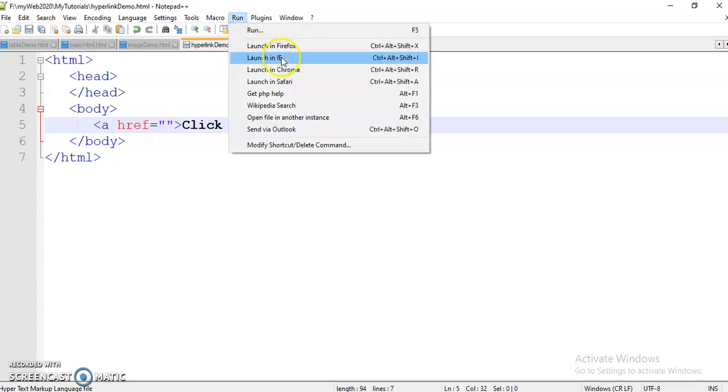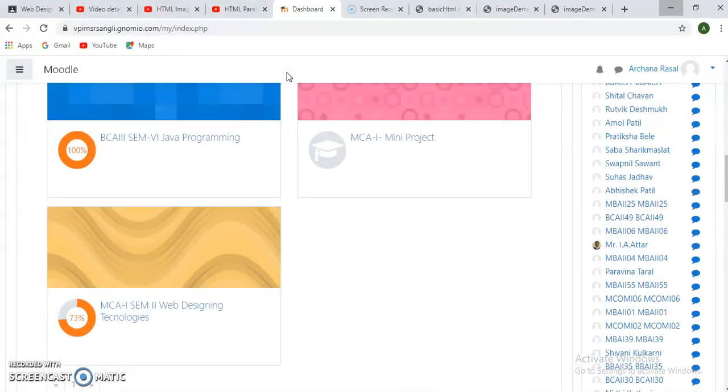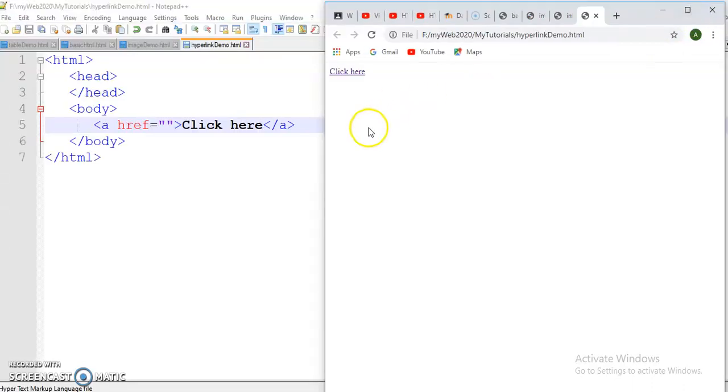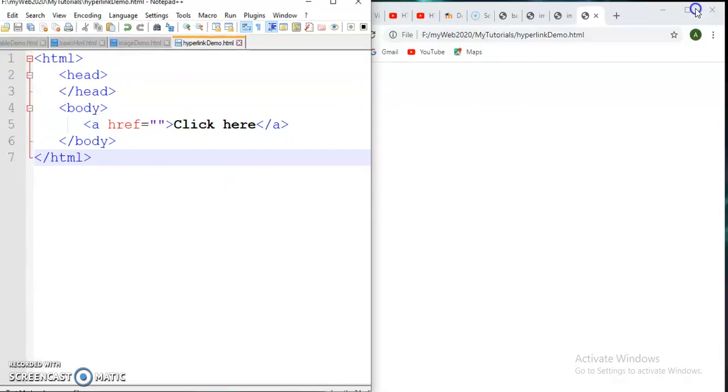Then we see our page. There is a link. When we go on the link, the pointer changes to a hand symbol, as we see here, which means there is a hyperlink. Also, by default there is an underline. But when we click on this, nothing will happen